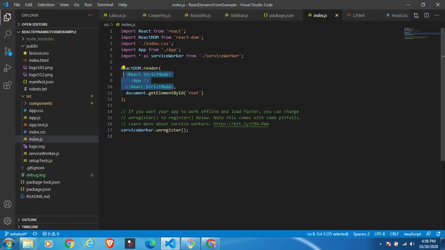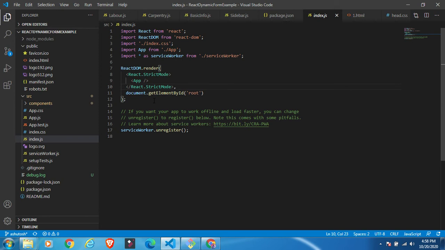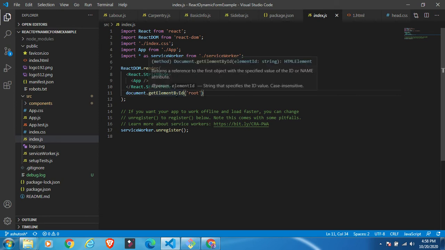This takes two parameters. One is the component, which component you want to append, and another one is the ID selector. This is basically a selector. Instead of selecting by id, you can also select through the class, no issue on that.